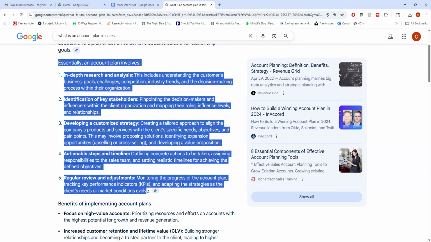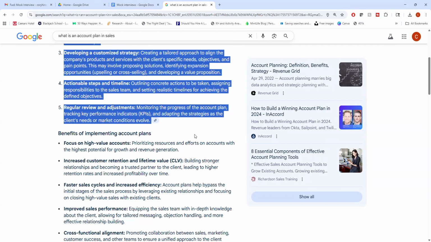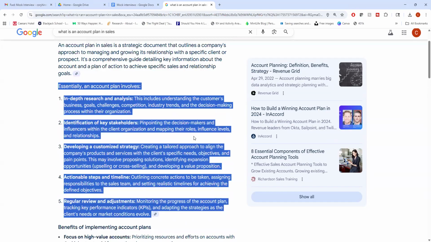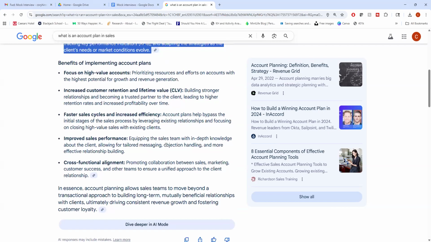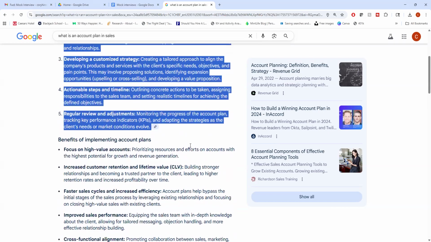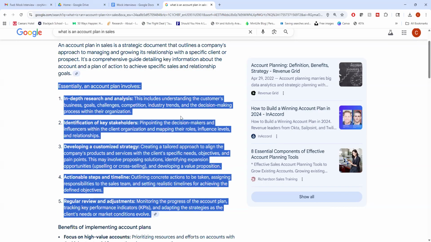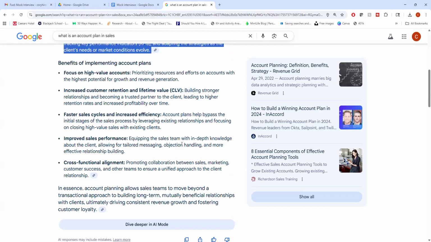So if you do get an account plan question, make sure that you're able to talk about these elements here. And also make sure you're talking about new product developments, particularly in tech sales. New features come out all the time, new products are released all the time, so being able to integrate product roadmap or product feature rollouts or patches into your account plan is also going to be super helpful. That's the only thing that I think was potentially missing here. Syed was rolling in the product development side of things, but everything else you were able to cover.